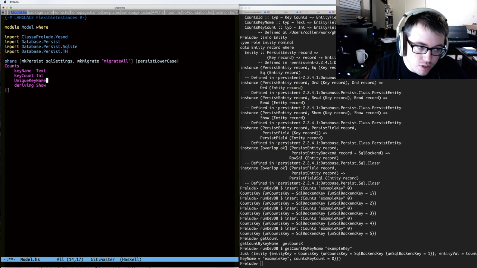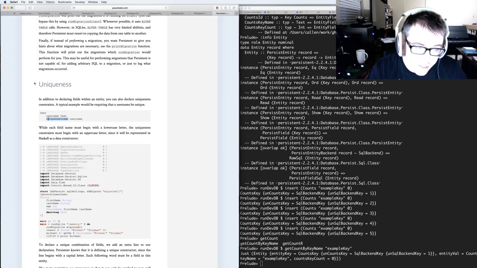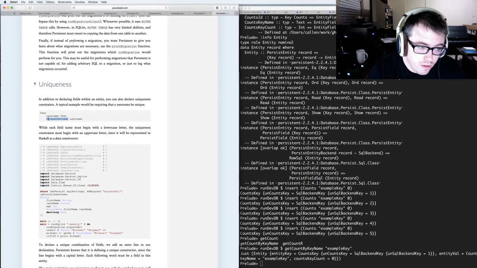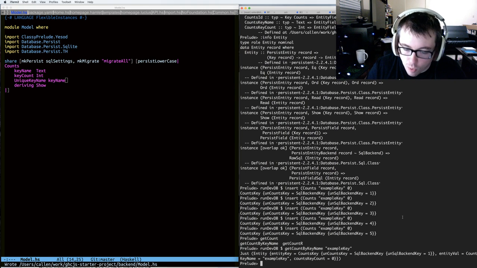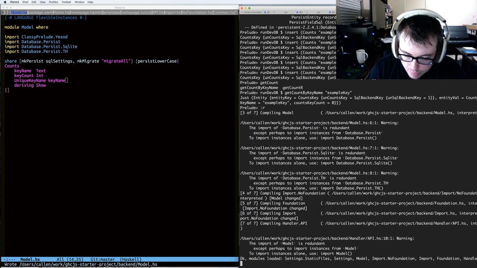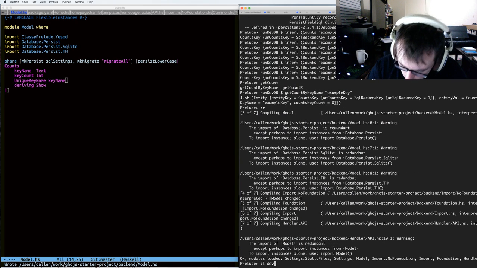So I usually just do Unique, and that has to be capitalized, keep in mind, then the key name or just the field name, and then you give it the actual key name,